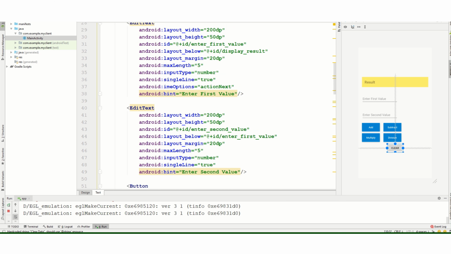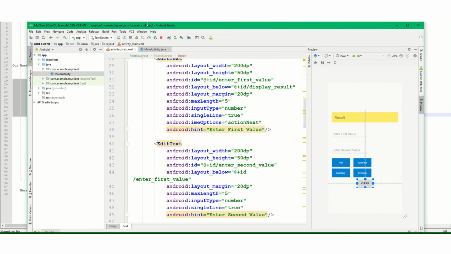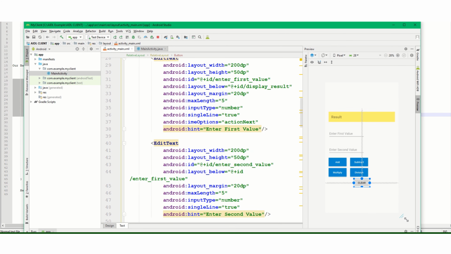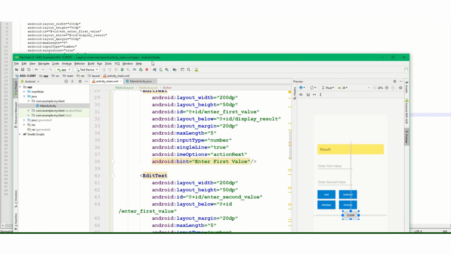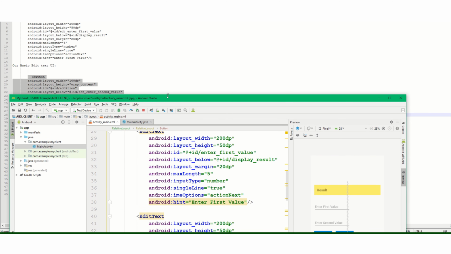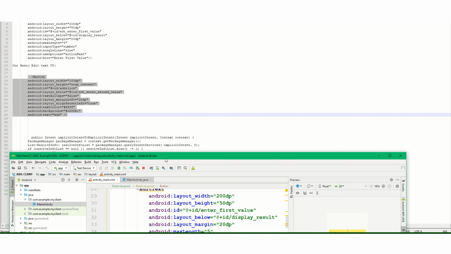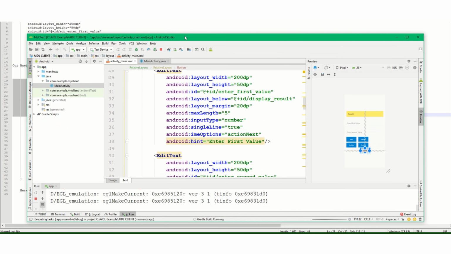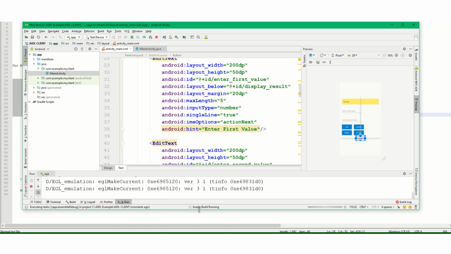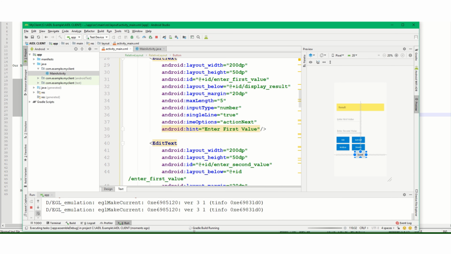Let me run this application. Let me minimize this. Let's run it. Now you can see the whole screen.